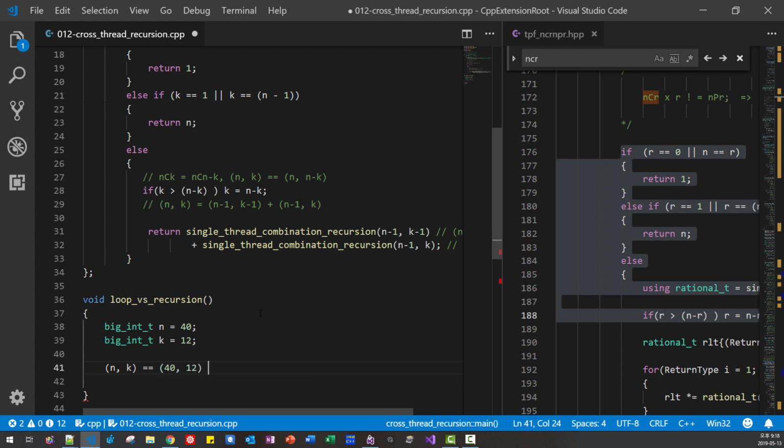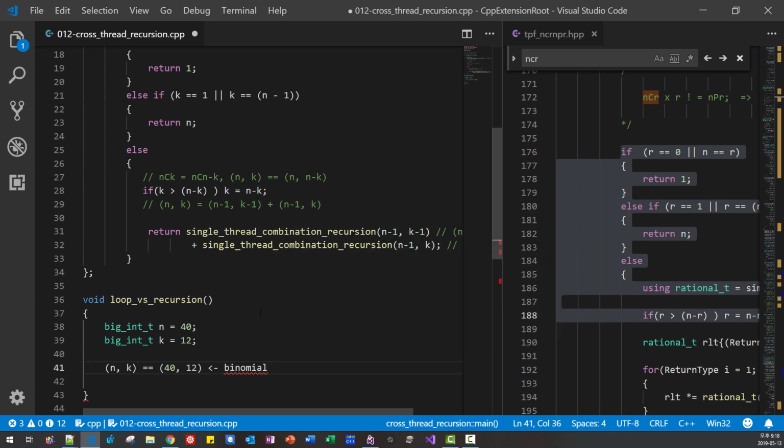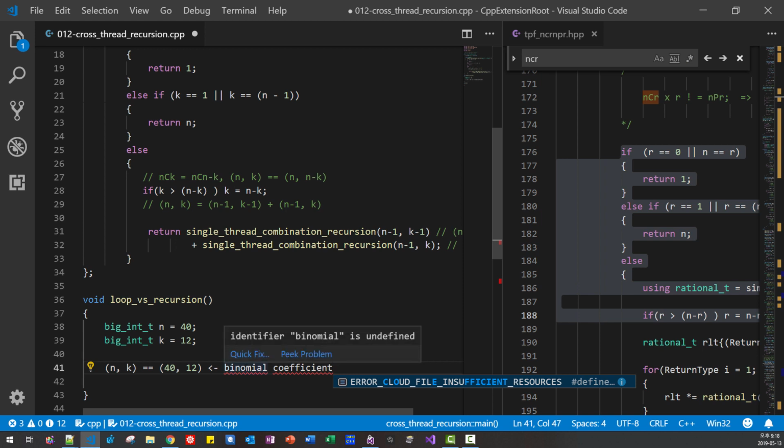Okay, this is also called binomial coefficient. I'm not sure how to spell it correctly. Binomial.